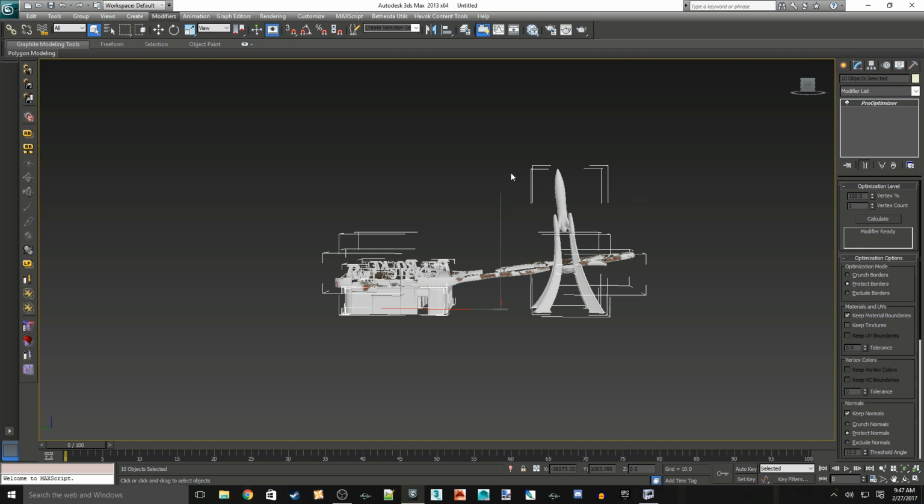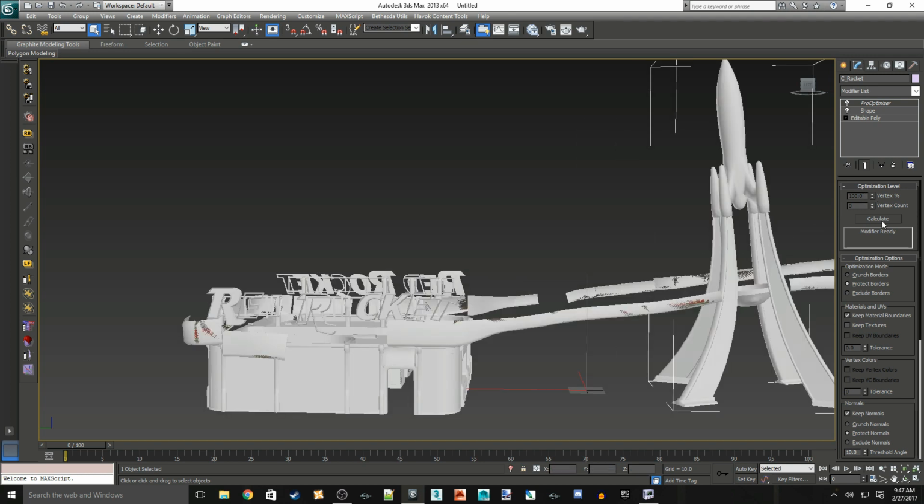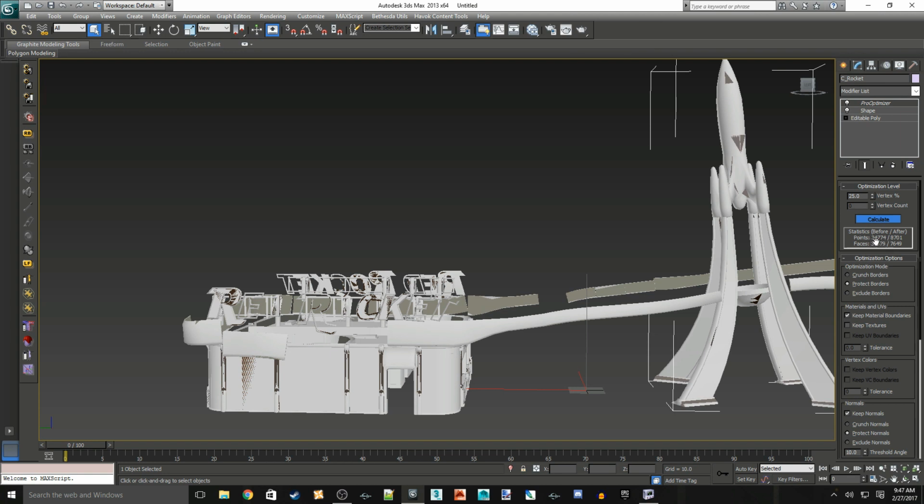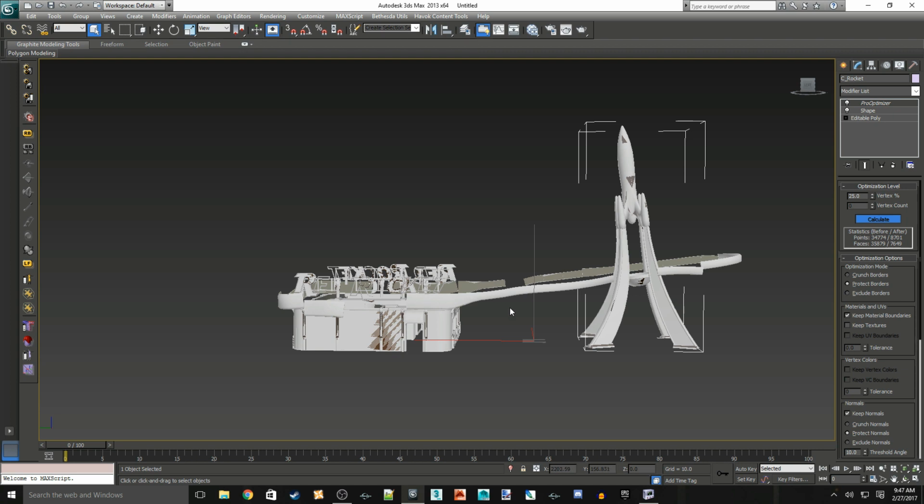So for Pro Optimizer, what we're going to do is select each of our objects, and calculate and drop our vertex percentage down to 25%. And that is going to, as you can see, decrease the number of polys that we have for our collision mesh. Because our collision mesh doesn't need to be as high poly as our art model. So we're just going to do that for all of the objects that we have. So we will click on this and